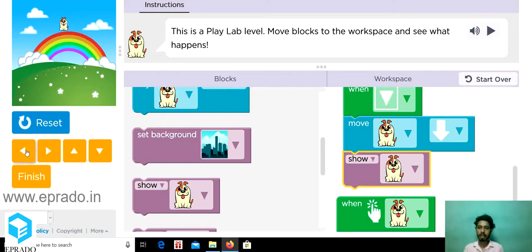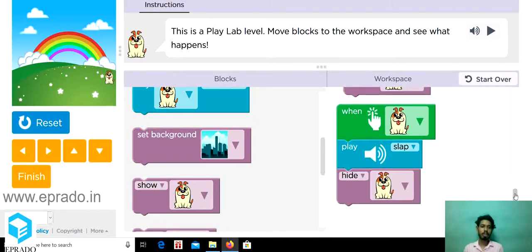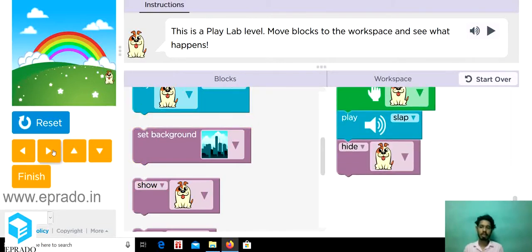So again I'm going to check this. So now the dog disappeared from this position, and I am going to move this dog by clicking several times on the right arrow. Okay, and then I am going to press the down arrow. So you can now see that initially this dog was here, at the center. After that I made it disappear and I moved it to the right side on the screen. So even though the dog is not appearing on the screen, whatever the commands we provide, the dog is moving accordingly.